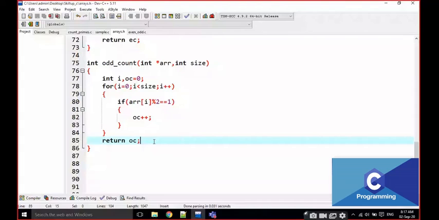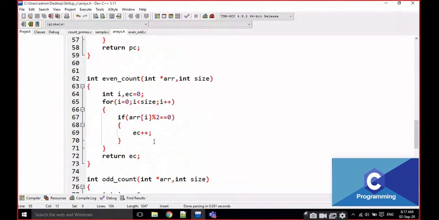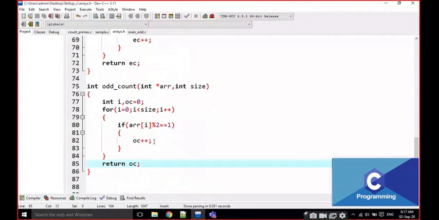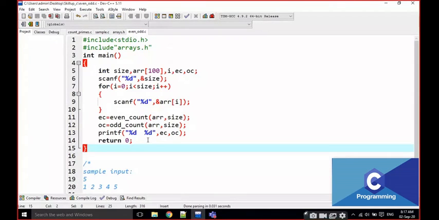But I am going to return these two in a single function. In a single function, there are no two functions. I am going to write only a single function.